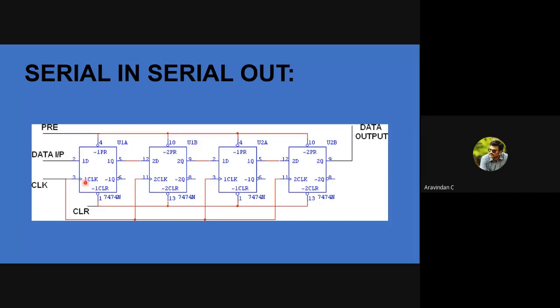Yes, sir. What is the difference between data input and clock pulse? Data input is nothing but the data I'm transferring. Okay, so for example, only if somebody gives permission can I take a class for you. If, for example, some higher official informs me that I will take a class for this 2C class now, only if somebody gives some instruction to me can I transfer the data. Okay, without a clock pulse, I cannot transfer the data. I have the data with me, but if there is no clock pulse, there is no transmission of data from one person to the other person.